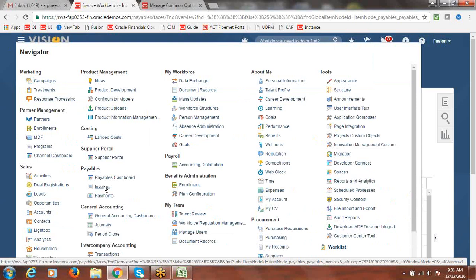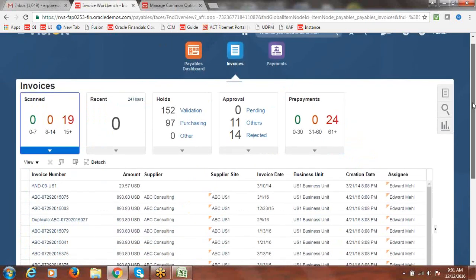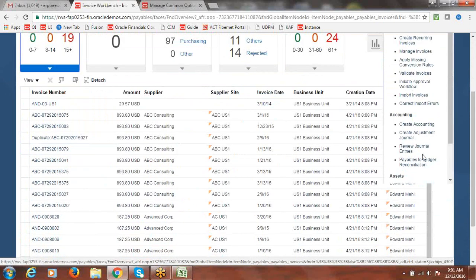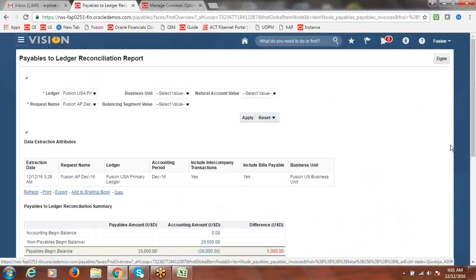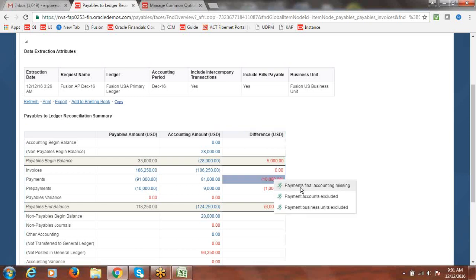So go to invoices. Payables to ledger reconciliation. Earlier I think we selected this.